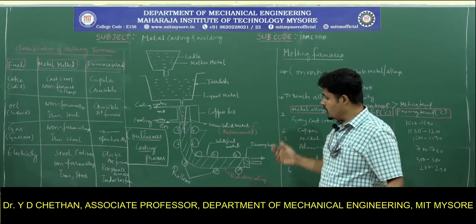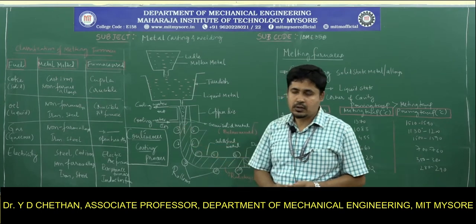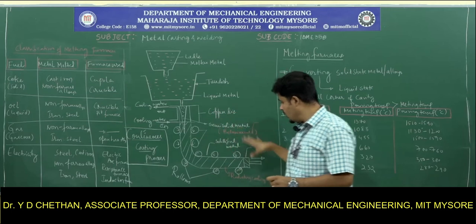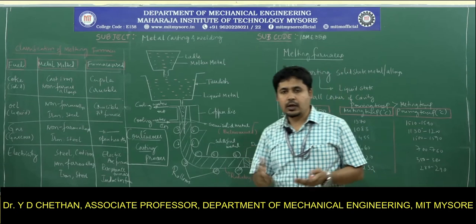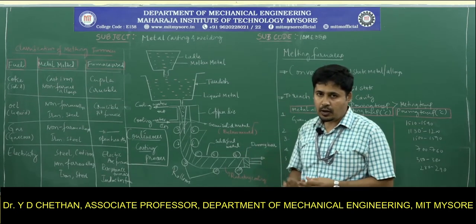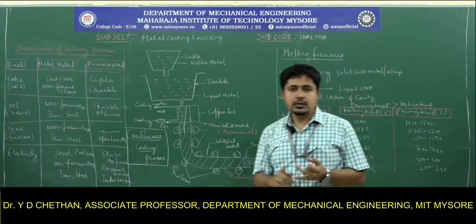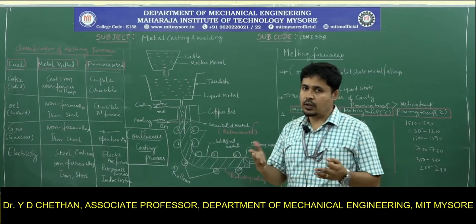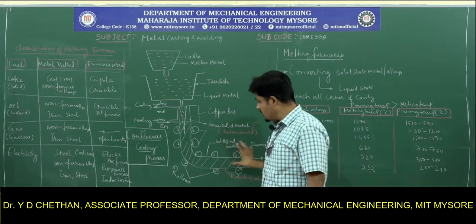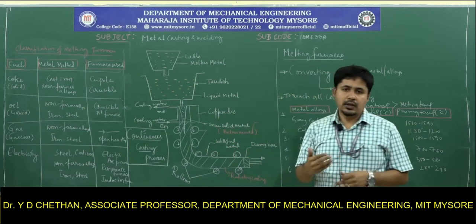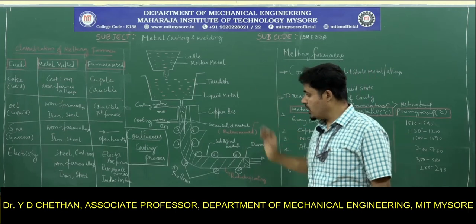The advantage is that you can easily control the grain structure of the product manufactured through continuous casting. Since we have three different cooling zones where you can control a lot of parameters, you can easily control the grain size of the product. This process also totally eliminates runners, gating, sand molding, cavity making and core design. Since the process is simple, you can easily automate it. Those are the advantages of the continuous casting process.